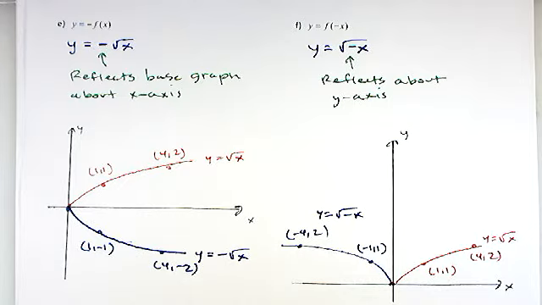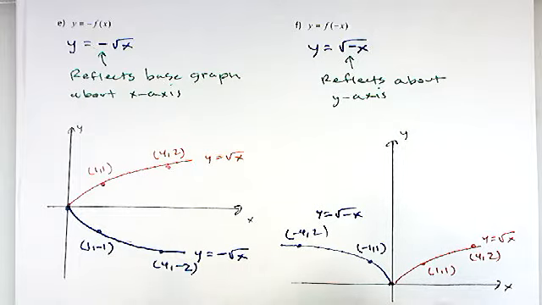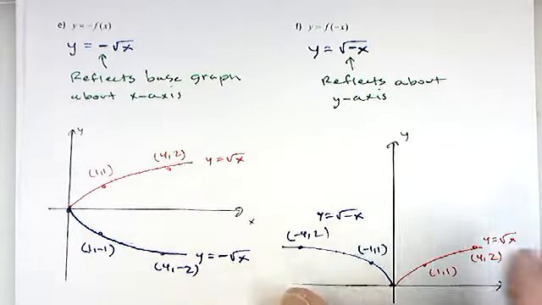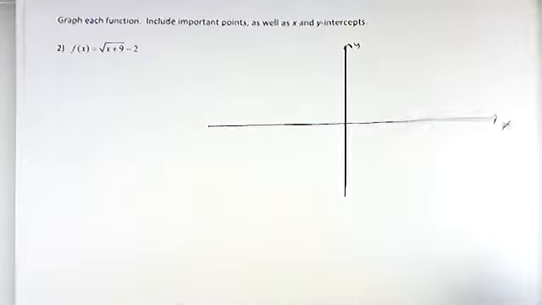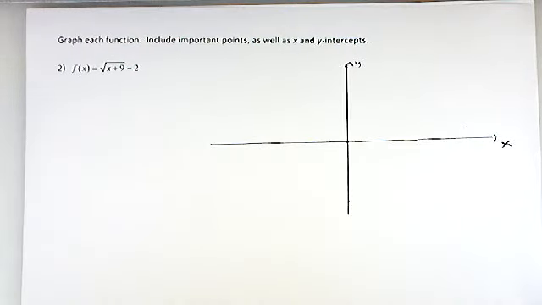And that's kind of it. These ideas of shifting the graph up or down, compressing or stretching vertically or horizontally, and then reflections about the x or y axis. These are the main transformations. And then of course, we can put these together. So let's practice graphing something like this. Now that we know some stuff,